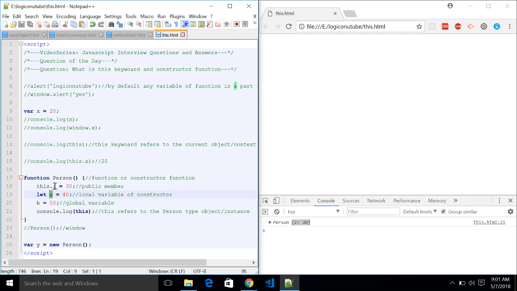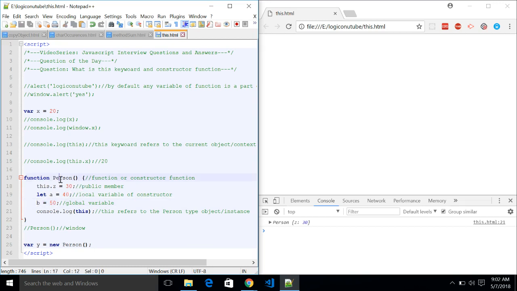a is a variable in the constructor function, so it will be available when it is called, and it will only be available to the local scope of person constructor. But the variable z, or I can say instance z, will be available in the instance of the person constructor function or person class as it is showing currently. So let's see if the b is available in the window scope, then I can access b even